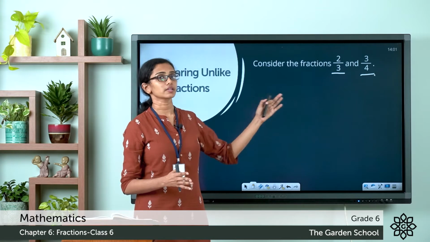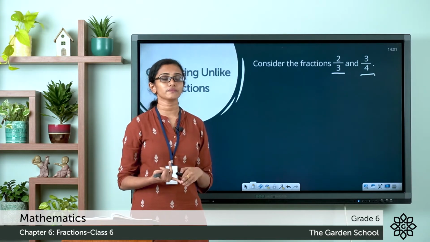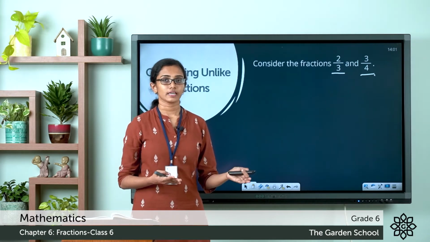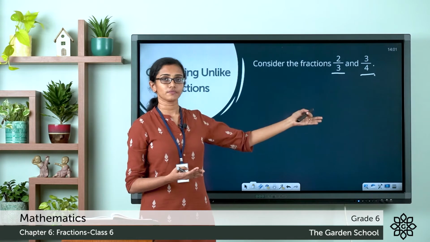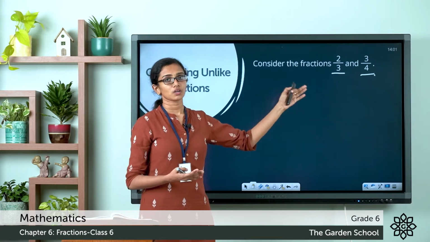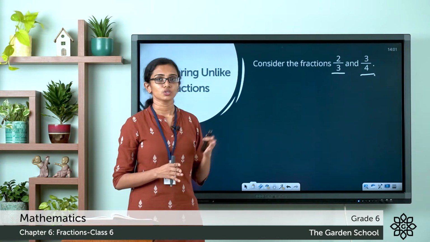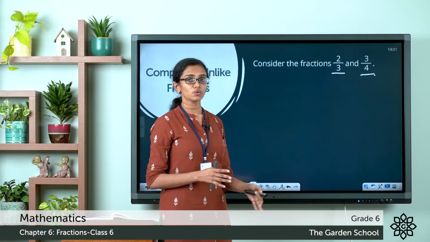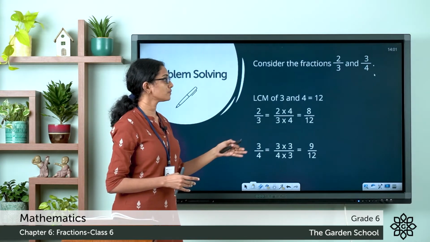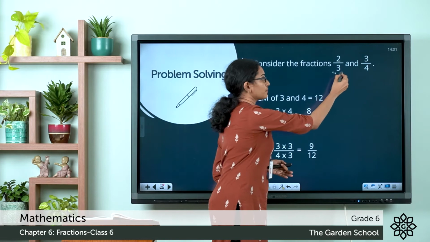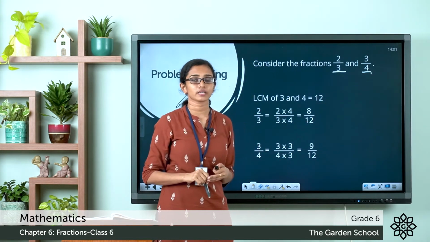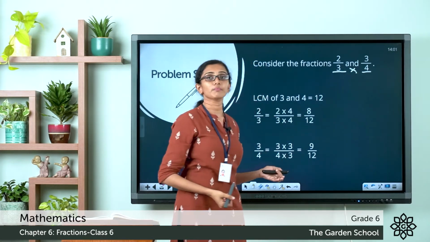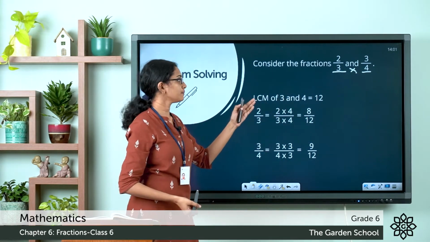What can be common about 3 and 4? Do 3 and 4 have a common factor? No. Do 3 and 4 have a common multiple? Yes. We can have common multiples for 3 and 4. So we are going to find out the least common multiple among the common multiples. So let's find out the LCM of 3 and 4. See, 3 and 4 have only 1 as a common factor. So in that case, to find the LCM, you can just directly multiply these two numbers, 3 into 4, which gives you the LCM 12.